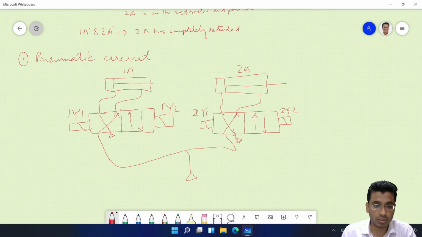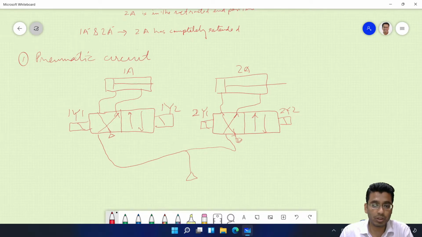Roller valve, okay. For the end positions, we require some type of sensors or a limit switch. If you talk about sensors, it can be your proximity switches, for example capacitive, inductive, or magnetic.